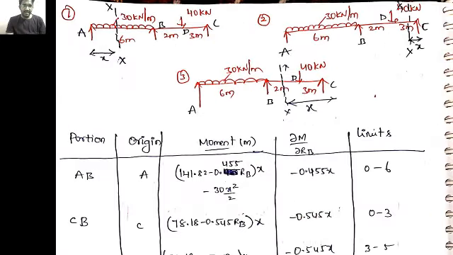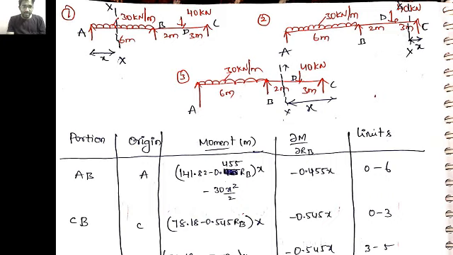For calculating the moments, we have to take three portions, that is AB, CB and next DB. These are the three portions for calculating the moments. So let me go through how to calculate this moment. First of all, I drew three sketches for neat understanding purposes, showing how to take those moments.